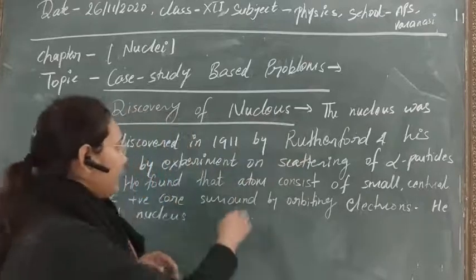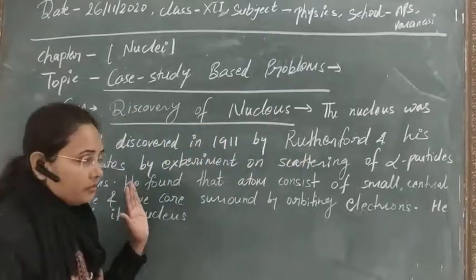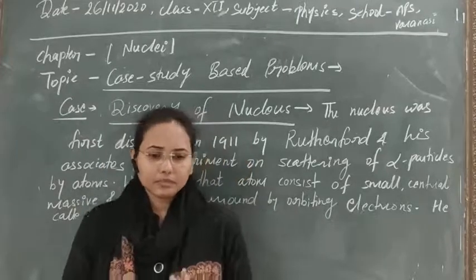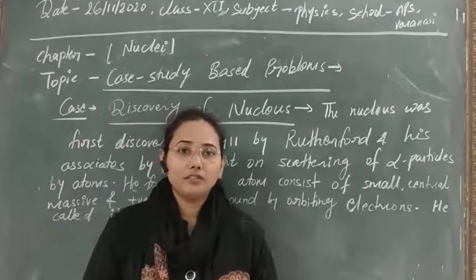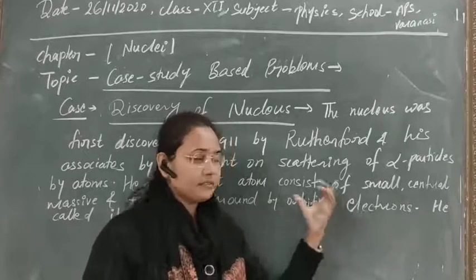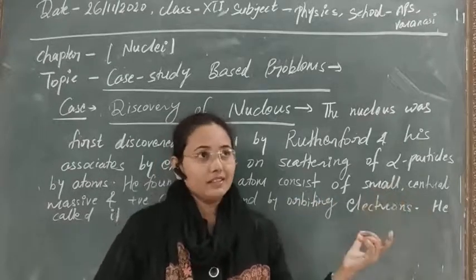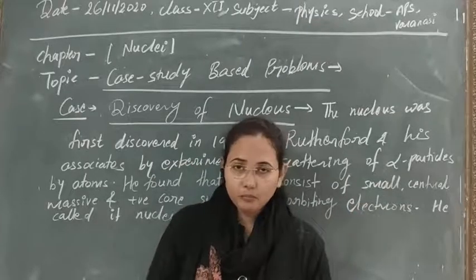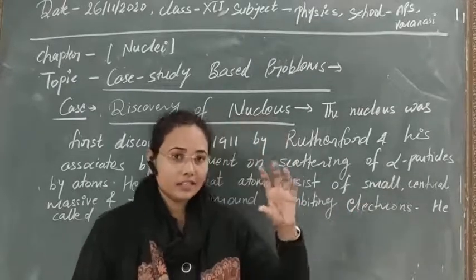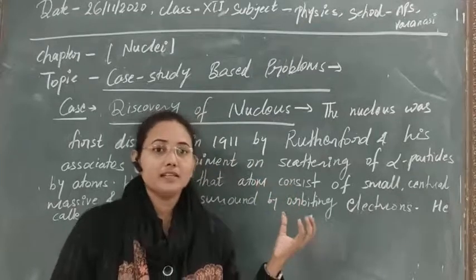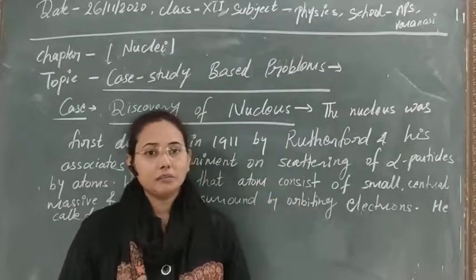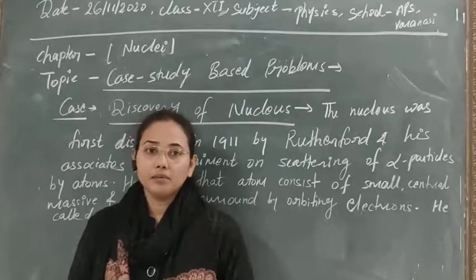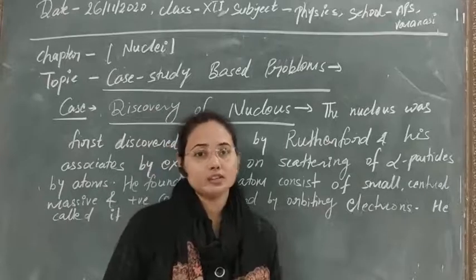Here I have also taken that case, the case of the discovery of the nucleus. He is also known as the father of nuclear physics, because he discovered the nucleus, and after that he gave a more accurate model in which positive charge carriers are concentrated in a tiny space. It means he now used a separation property for negative and positive charge carriers, which was not there in the case of Thomson.